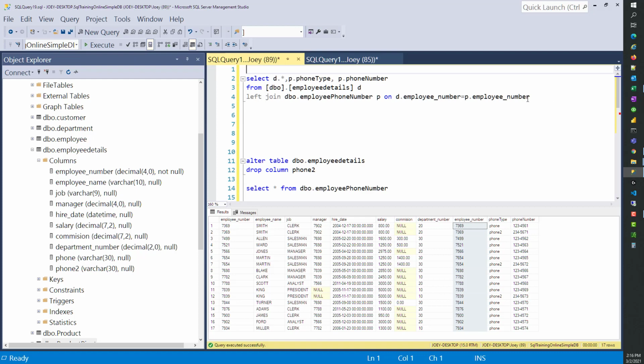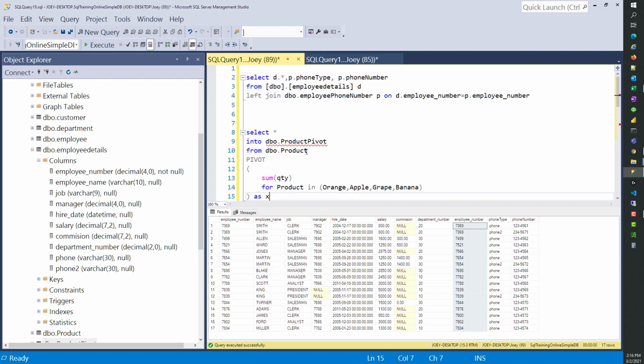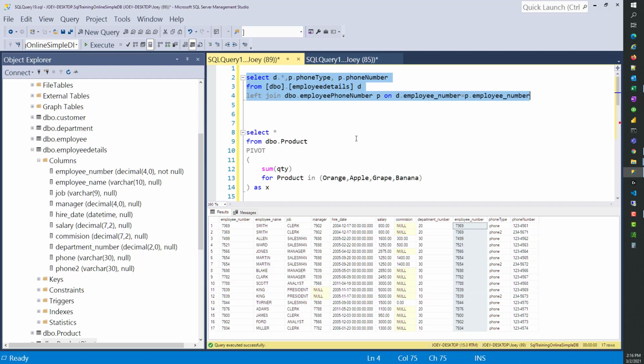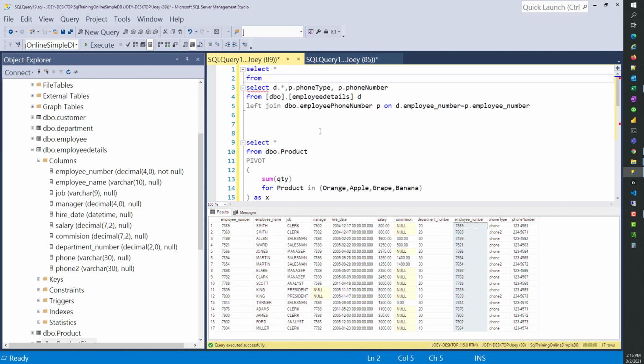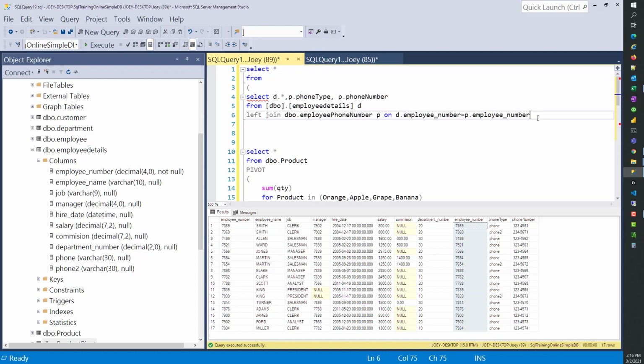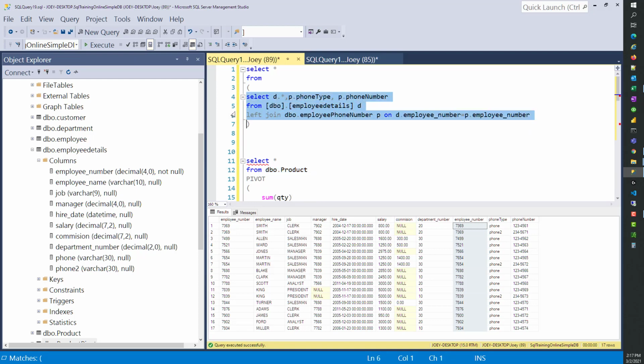And now we're going to have to treat this whole thing as our table. So if you remember our syntax, where we have, in this case, dbo.product, what I want to do is substitute this whole thing, this whole query right here, and treat it like a table. So we're going to say select star from, and now this is our whole table here. So I'm just going to put parentheses around it, and you need to imagine that that's the dbo.product table. So that whole thing. And now we're going to go to the pivot